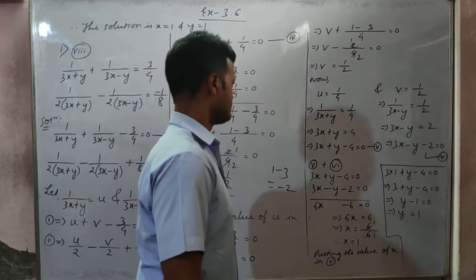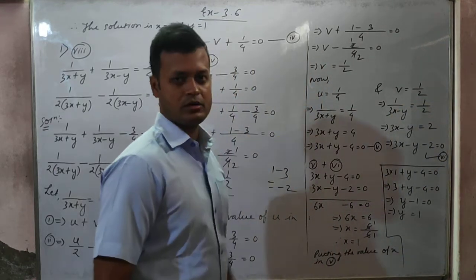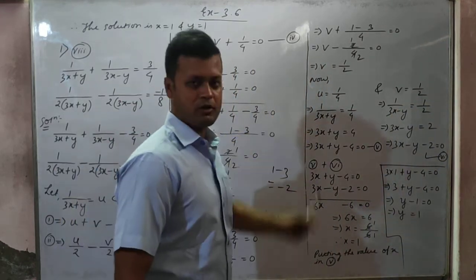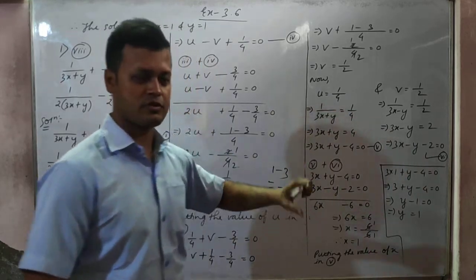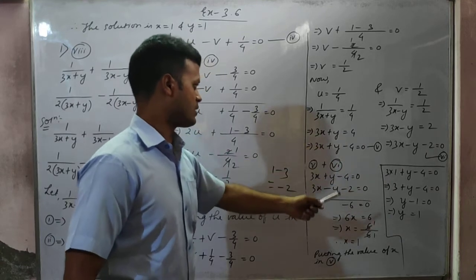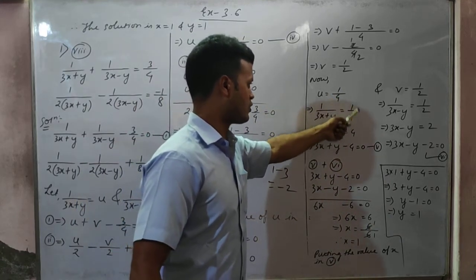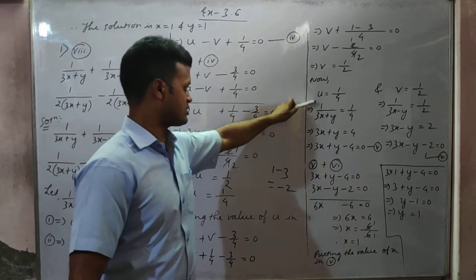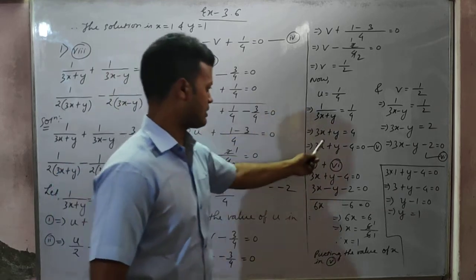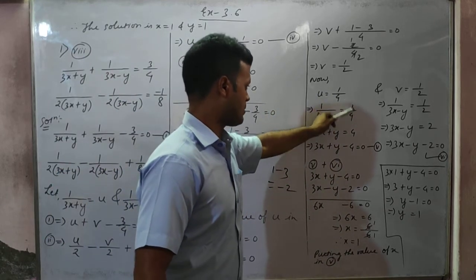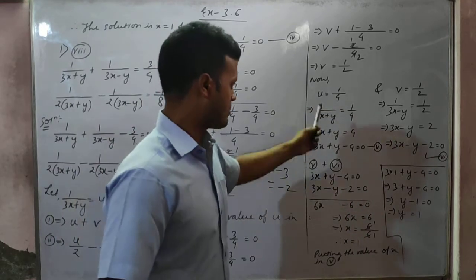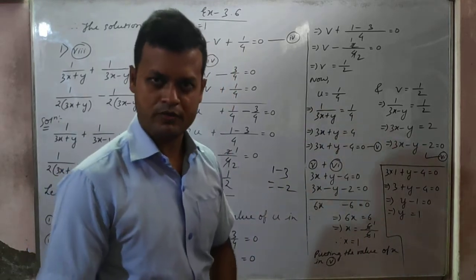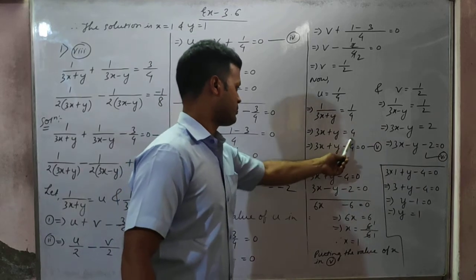So in place of v you write 1 by 3x minus y. Okay. Now both sides you write the reciprocal. Both sides you reverse the terms. Okay. 1 by 3x plus y is there. If you reverse it, it will become 3x plus y. And 1 by 4, if you reverse it, 4 will go up and 1 will come down, isn't it? So it will become 3x plus y. And 4 will go up and 1 will come down, so it will become 4. 4 by 1 means 4 only. So 4 you bring to the left hand side.